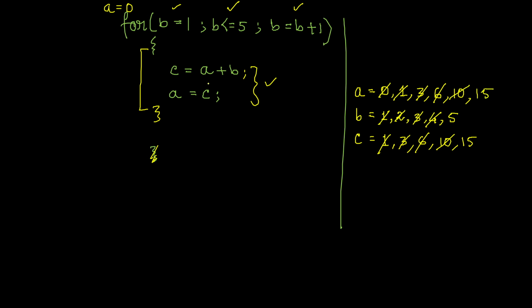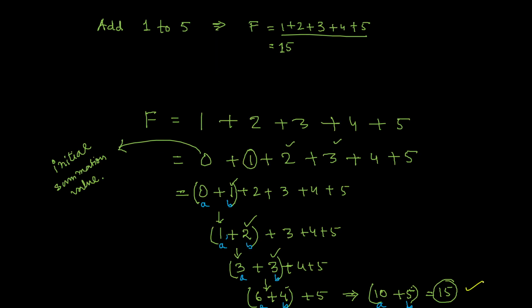And then what will happen? Now B will be incremented by 1 again. So B will now be 6. And B is 6, and 6 lesser than 5 is false. As soon as 6 lesser than 5 is false, these two statements will never execute and your loop stops. So when your loop stops, you will see that your result is present in maybe you can consider A or consider C, both. You see, your result is present. This is what my result should be.